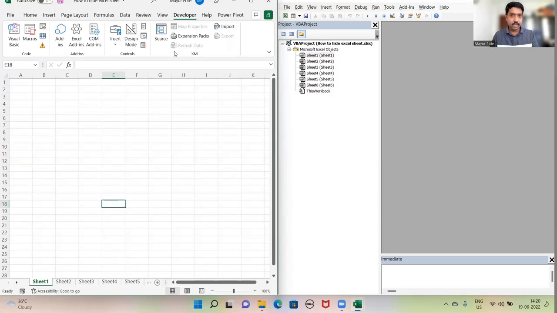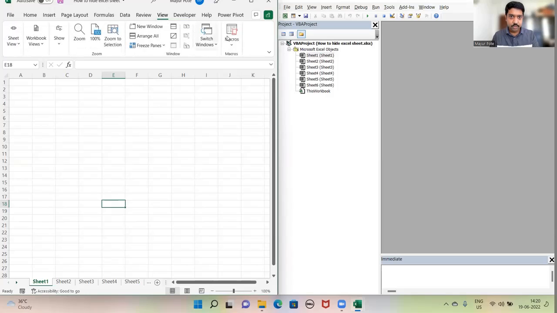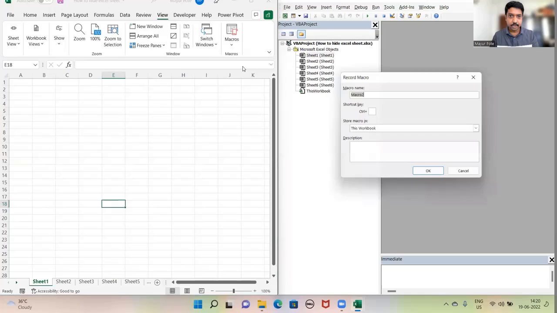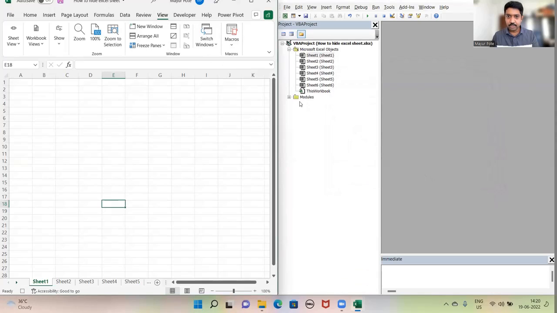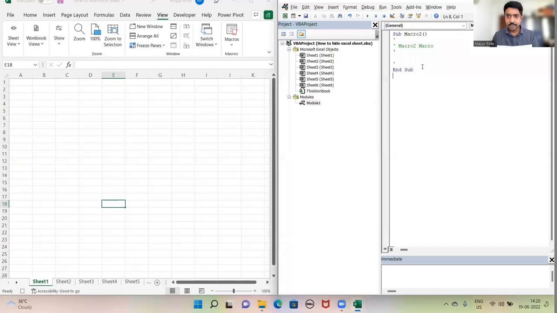So what I will do, you can go to view macros, record a macro. Okay, I'll keep the name as it is. As you can see here, one module has been added. So here you will be able to see the code. So let's start recording a macro. I will write here, this is the macro for